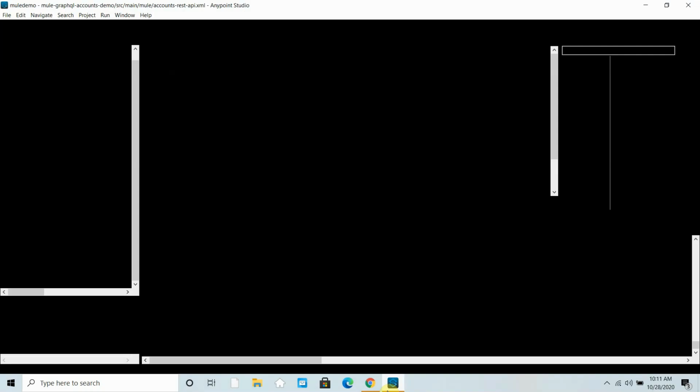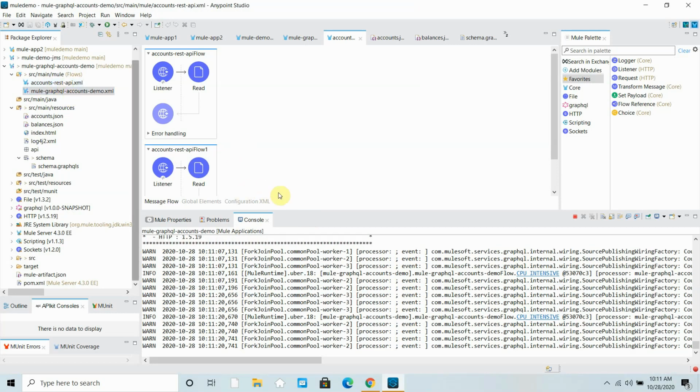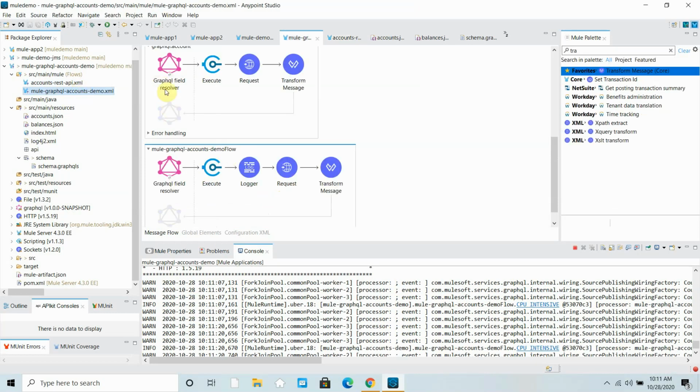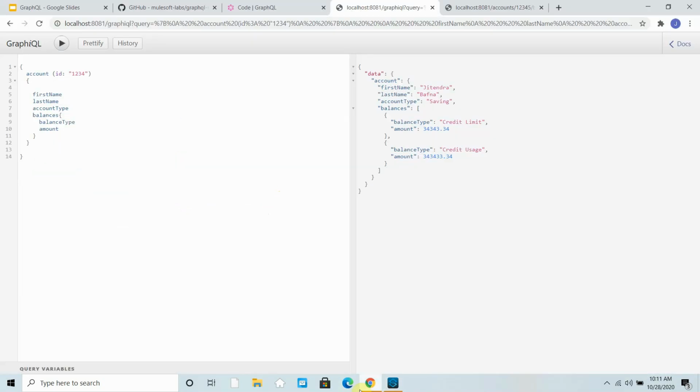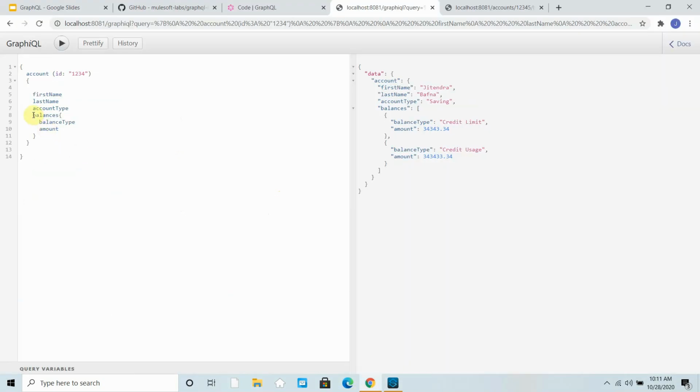So in that case, what happens? Basically, I have sent the request to my HTTP listener. Let me open the flow. The first type we want is account, so it will go to this particular graph field resolver. In my case, I also want a graph field resolver of type balances. Then it will go to this.